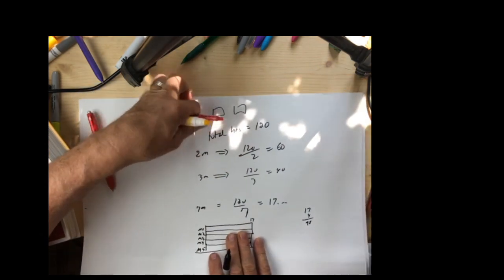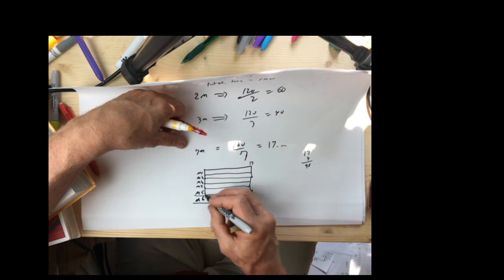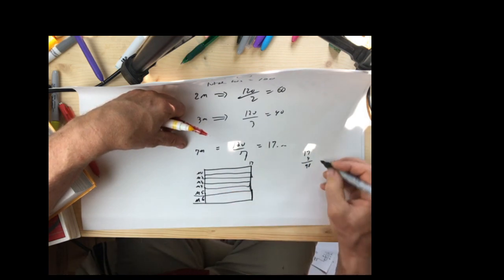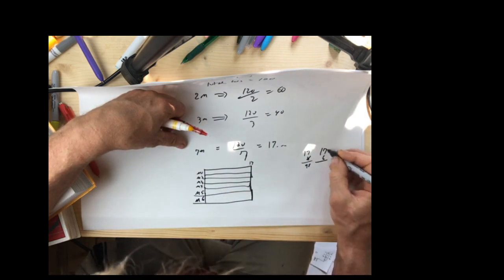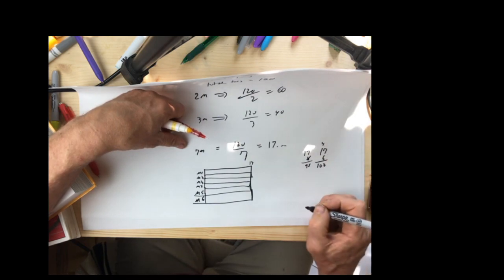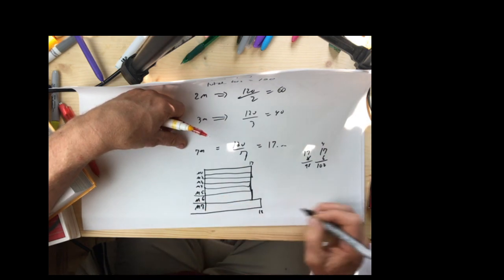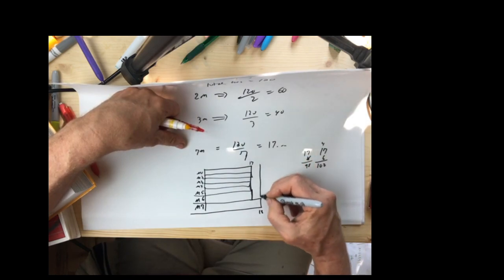Sorry. Forgot about 7 machines. We can have 5, 6 machines all hit 17. 17 times 6 is 102. The last machine, or one machine, would have to go out to 18, which means